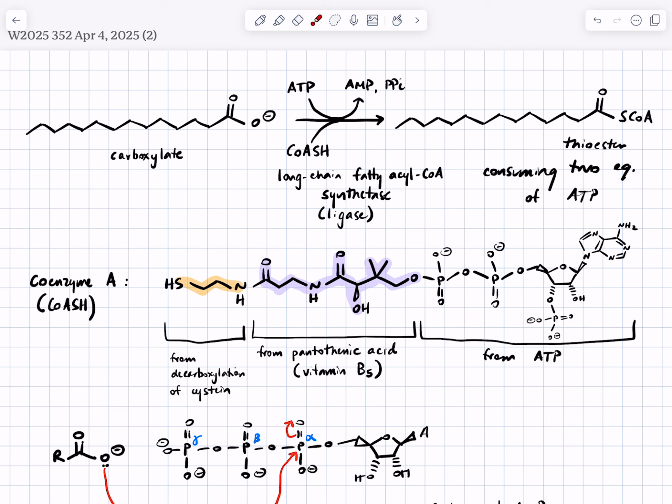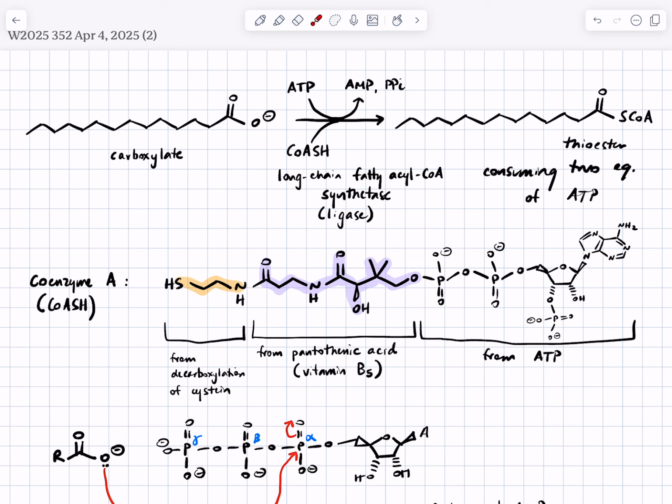And we wanted to start to talk about fatty acid metabolism. And this is the step we did so far. You've got the carboxylate, which, as you recall, is unreactive as an electrophile. That's sort of level 4 carbonyl compound reactivity, meaning not reactive as an electrophile. And we want to convert it into a thioester. Recall that thioesters are level 1, very reactive as electrophiles. So this is going to be uphill, and so it's no surprise that we have to consume ATP to make